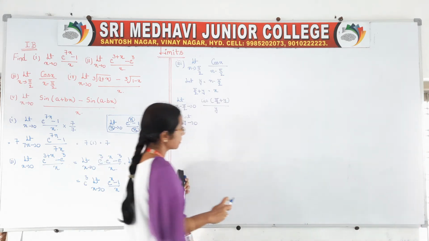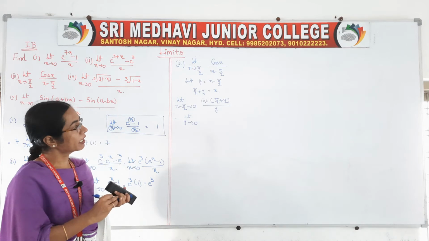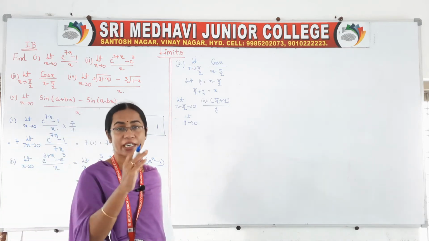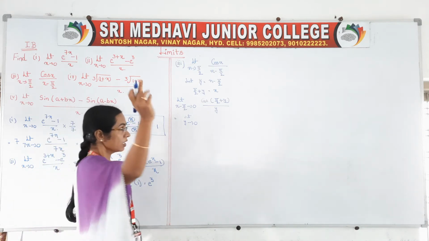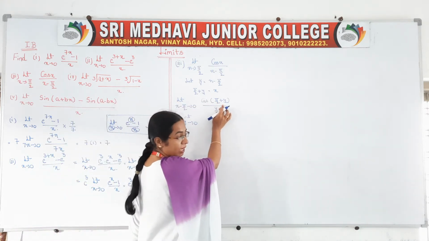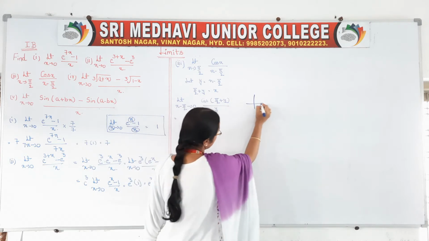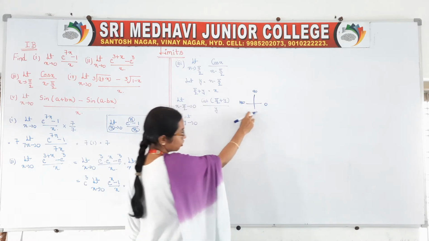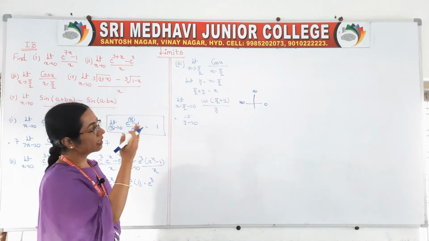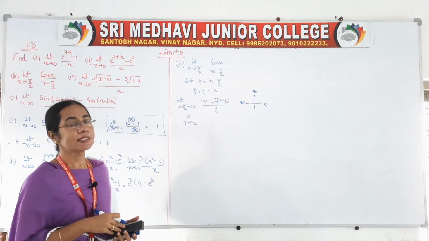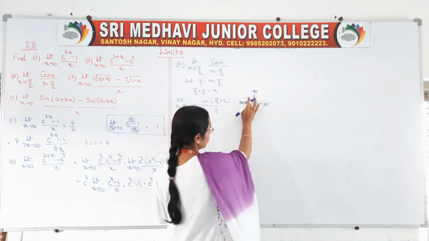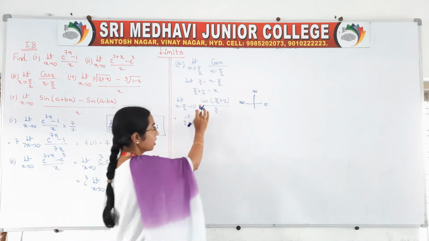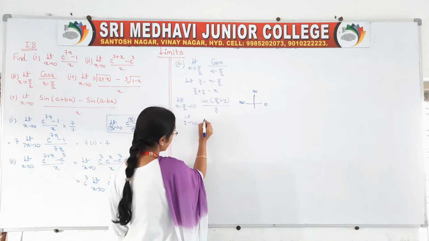So 90 plus means second quadrant. In the second quadrant cos is negative, and for 90 plus the ratio changes, from trigonometry knowledge, right? If you observe, this is your 0, this is your 90, 180, next 270, 360. 90 plus means it belongs to the second quadrant. In the second quadrant sine and cosec are positive, the remaining ratios are negative. Now you have cos, so we have to take minus.